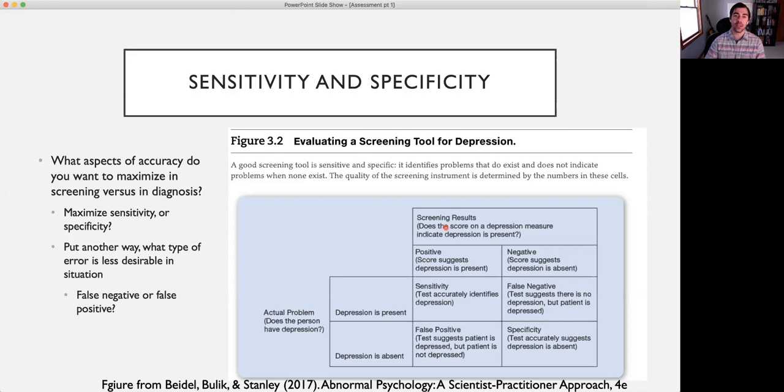Now, the first piece of information that we need to have is what is the person's status in terms of actually having that problem. So for example, our question is, does a person actually have depression? And the two different options in this type of framework are that either depression, yes, it's present, or no, depression is absent, it is not there. And so when I say that the screening instrument can't give us this information, what I'm saying is that we don't really know when we give someone a PHQ-2 whether they really have depression or not. So that part is really crucial that you understand.